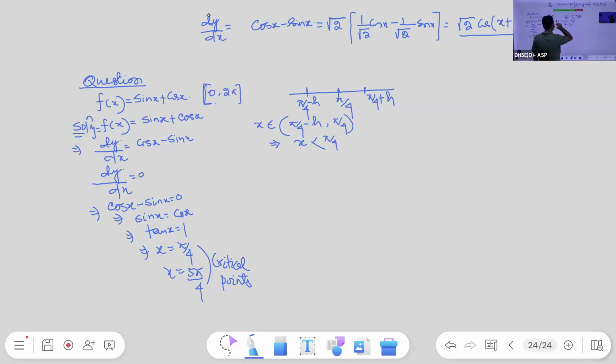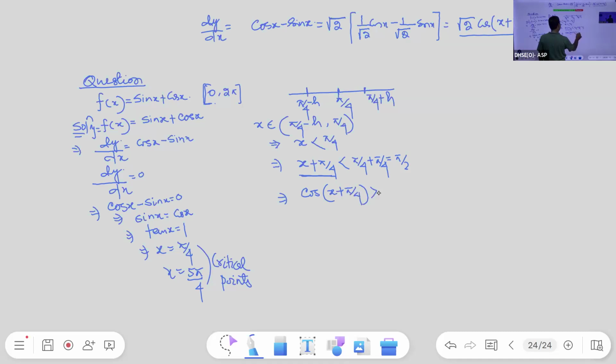So x less than pi by 4. This implies x plus pi by 4 less than pi by 4 plus pi by 4. Pi by 4 plus pi by 4 is pi by 2. So x plus pi by 4 less than pi by 2. That means x plus pi by 4 lies in the first quadrant. In first quadrant, all trigonometric functions are positive. Now this implies cos x plus pi by 4